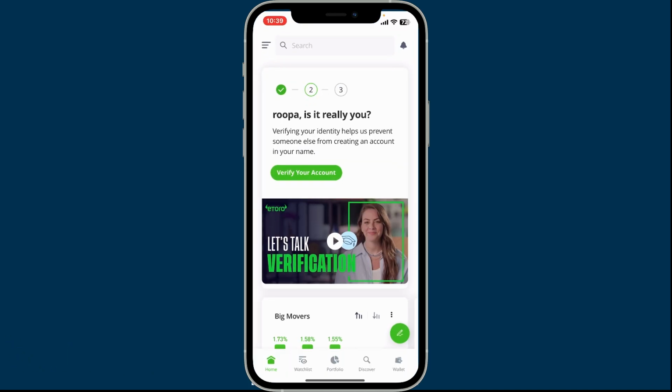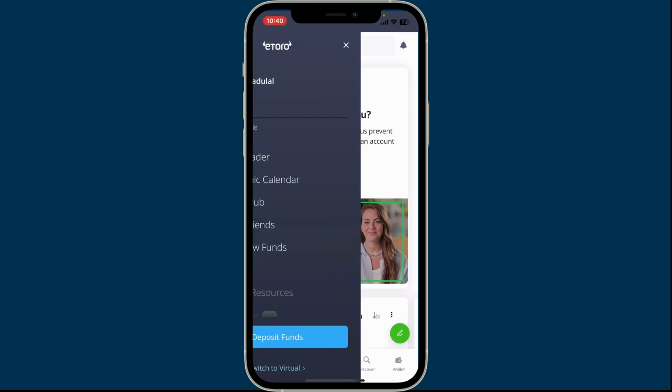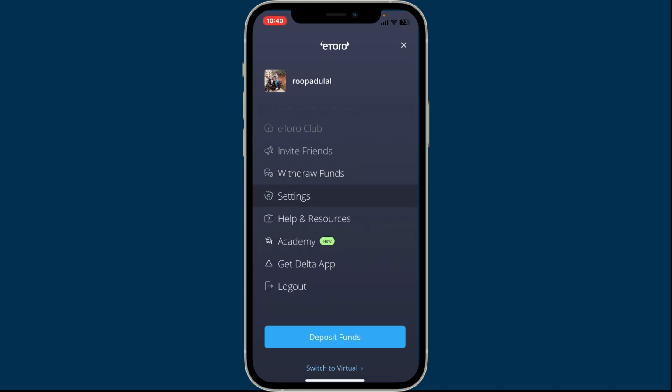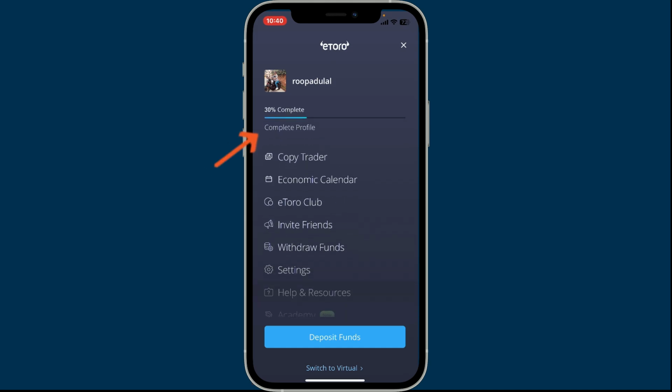Open your eToro application on your mobile device, or you can also visit the official website on a web browser. Once you get to the homepage, either way, go ahead and tap on the three horizontal lines located at the top left corner of the home screen. Once you do that, go ahead and click on the Complete Profile button at the top left, right underneath your